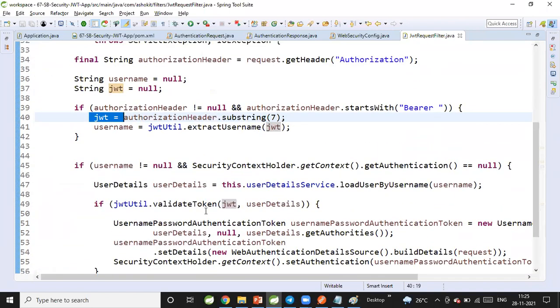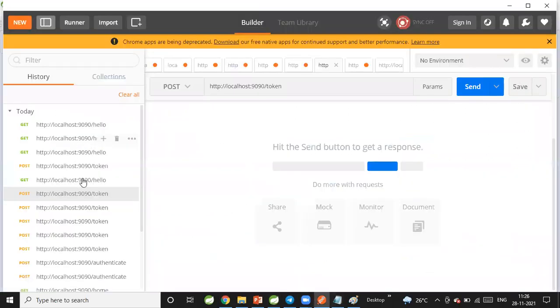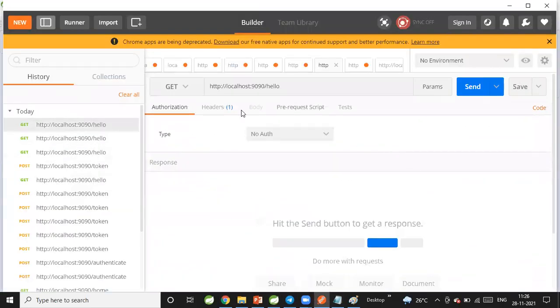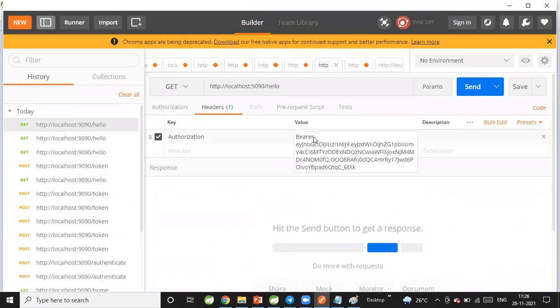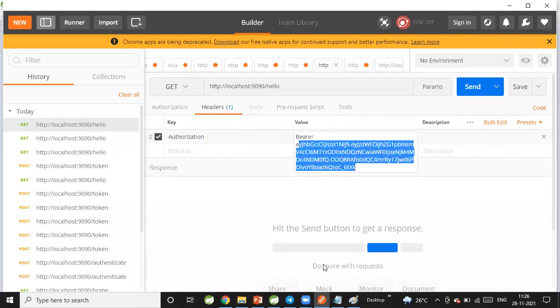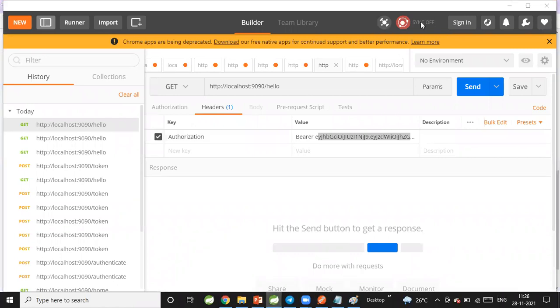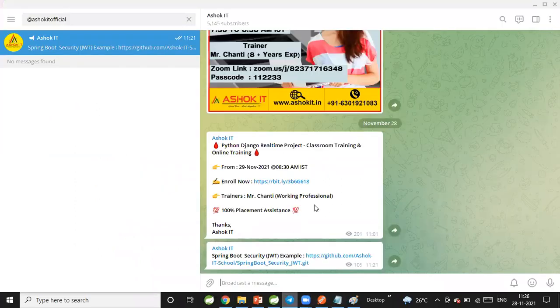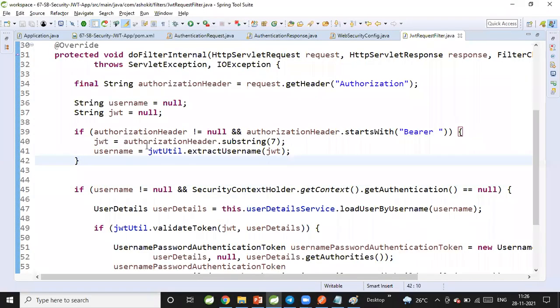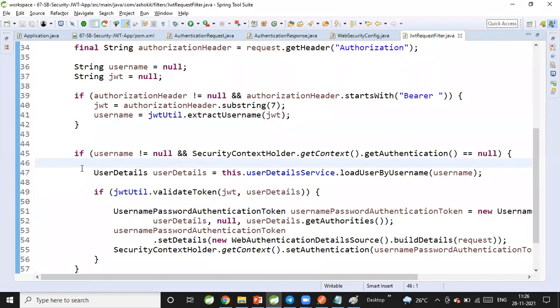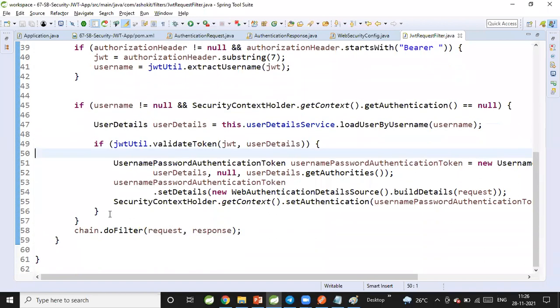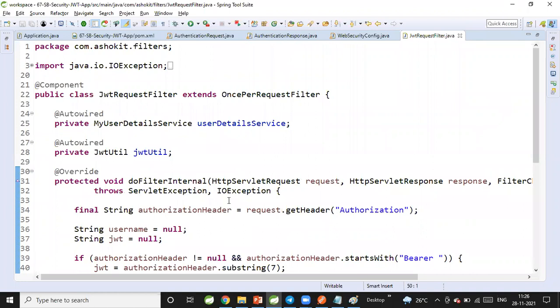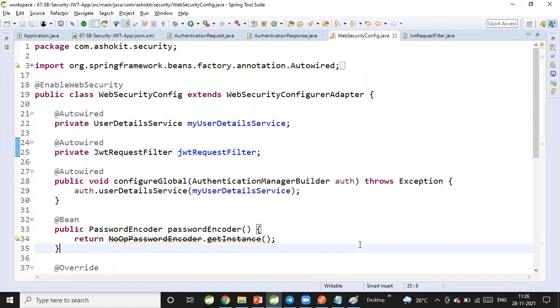I have a filter class. That filter class is going to read only the JWT token without the Bearer space. In the header, Bearer is 6 characters, then a space, 7 characters. After 7 characters, the actual JWT token is available. So the filter is going to read that JWT token. From that JWT, it is going to extract the username. Based on the username, it is going to load the user credentials. If it is valid, then it will store it in the context. Otherwise, it is not going to read it. That is the JWT filter that we have configured.